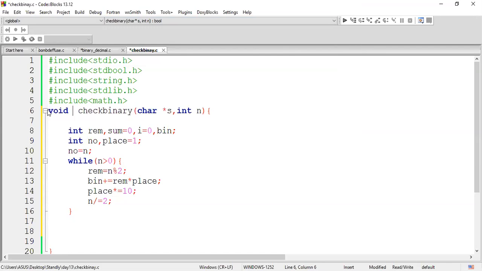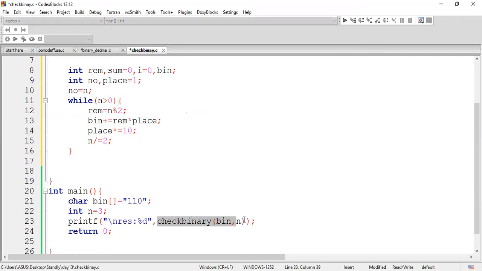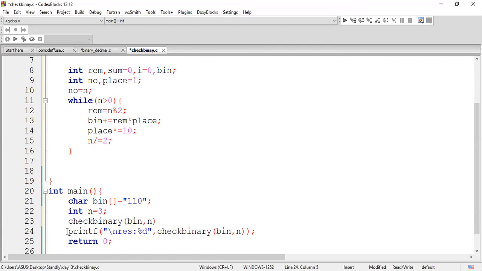As of now, let me write the return type as void, so we can have a checkpoint then and there. That will be easy for us to print and check whether our work is going properly. Let me have a function call alone here as of now. Later on, we can add these statements. So this is done. As of now, let me print the binary value, %d followed by our binary value.